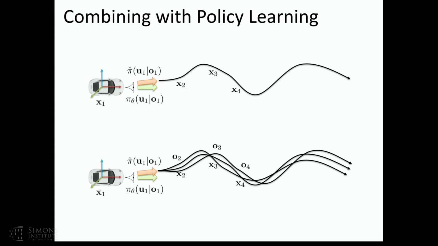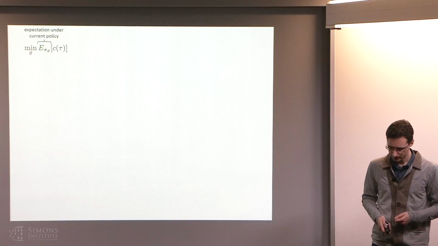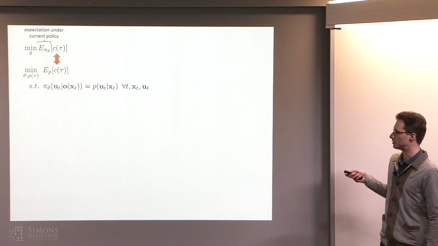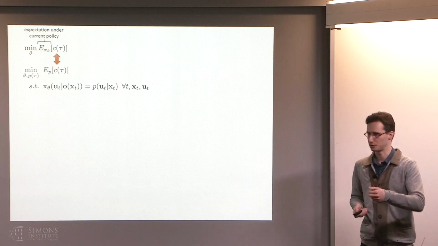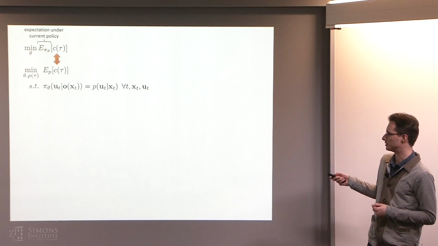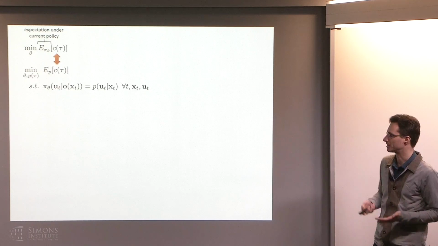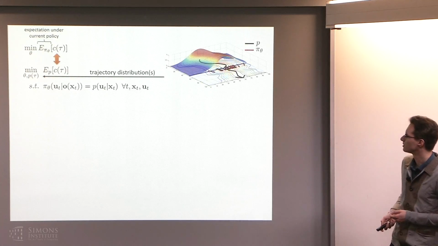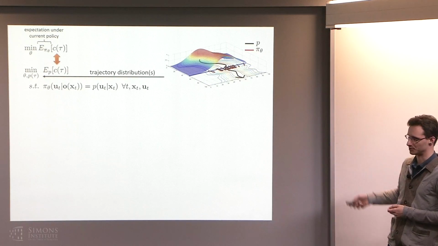So here is an algorithm that we can use together with this trajectory optimization procedure to actually train a neural net policy that uses observations. This is called guided policy search. And it's going to go something like this. Our goal in the end is to minimize expected cost under our neural net policy. And we can rewrite it as an equivalent constrained optimization where we're minimizing expected cost under the trajectory distributions induced by these linear Gaussian controllers, subject to a constraint that their probability over actions is equal to the neural net's probability. Okay, that kind of makes sense. If the probability over actions is the same, then these are the same distribution, so their expected cost is the same. So that's our trajectory distribution, and we're just saying their actions should be the same.